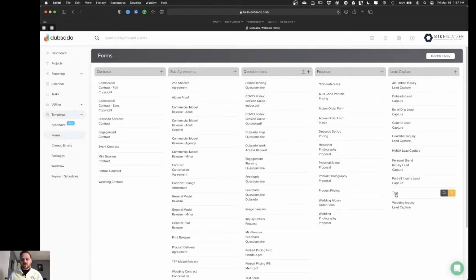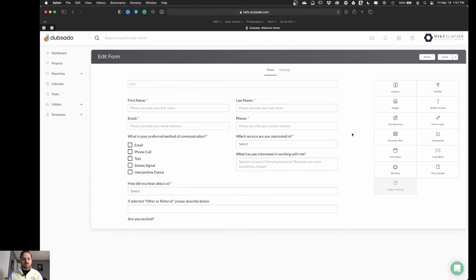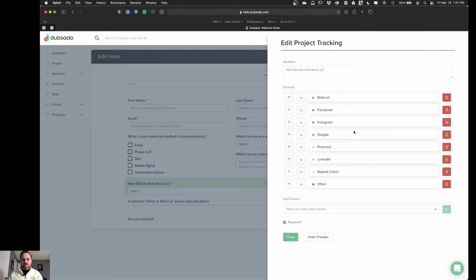So as an example, I've got a test lead capture form here. Okay, and I actually have a couple of these built in. So for instance, I have referral tracking turned on, or lead tracking turned on, which if you haven't seen my video on this and you're curious about how to set that up, I can link it somewhere. I don't know, it'll be somewhere on the screen. You'll see it. And I'll also provide a link in the description